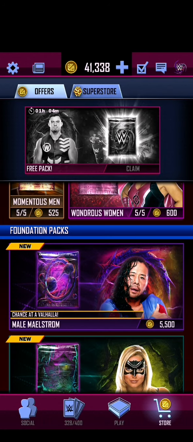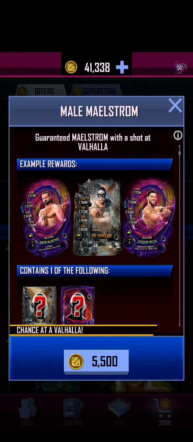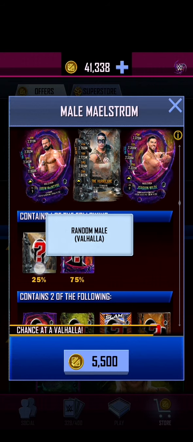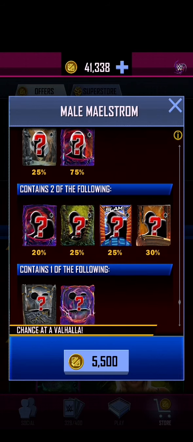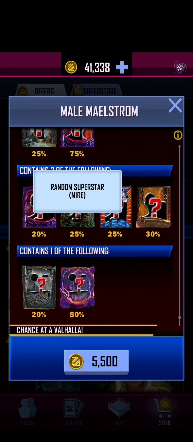Hello ladies and gentlemen, and today we are going to be checking out the Maelstrom pack. It is 5,500 credits, which is quite a bit, but let's take a look and see what we have. We have a 25% chance of getting a Valhalla, 75% chance of getting Maelstrom, so you're guaranteed one of those two. There's also an additional 2 cards that have a 20% chance of being Maelstrom, 25% chance of being Meyer,